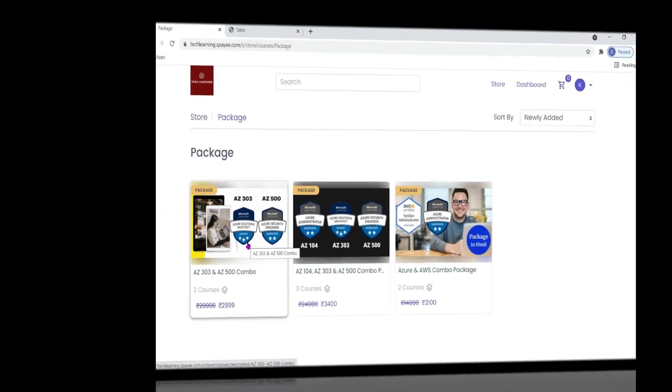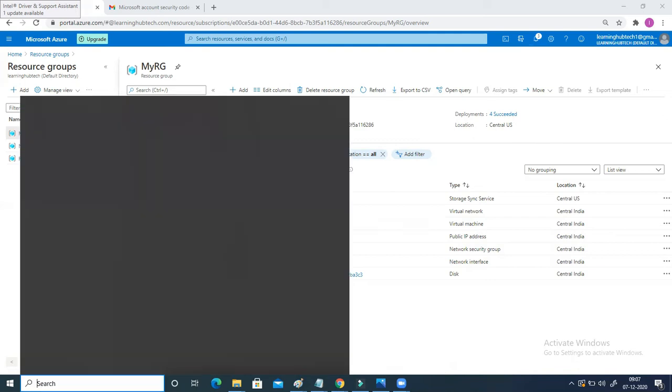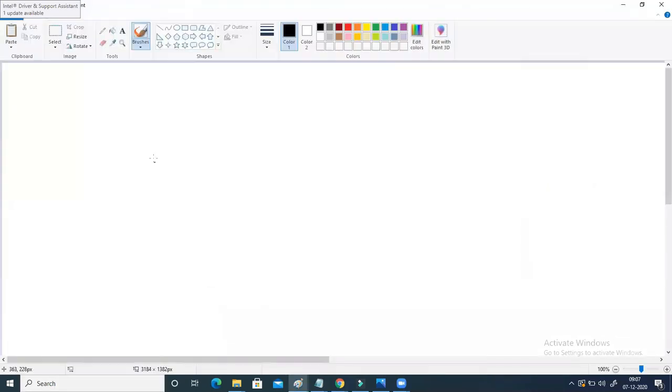Let's get back to our topic. In today's class, we are going to discuss a new topic, the load balancer. What is a load balancer, how does it work, and how to configure it? Each and every thing we are going to discuss in detail. But before that, let's understand what a load balancer is and why it is utilized.